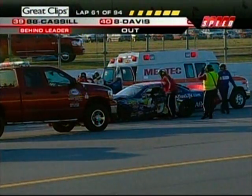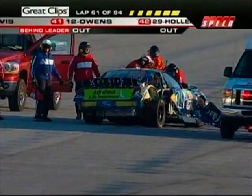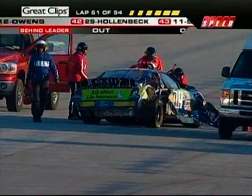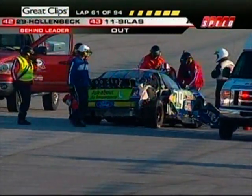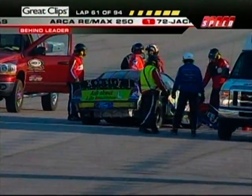Came right back down on its wheels. Being a veteran open wheel driver, it wouldn't have been the first time he'd been upside down. Hey, probably not the first time in the last 2 or 3 weeks that he's been upside down. Right. What a disappointing ending to this race. And the variable has always been, when you come to Talladega, you could be involved in something that will end